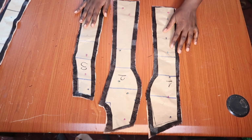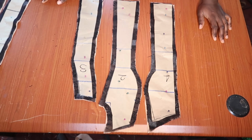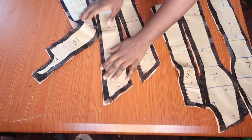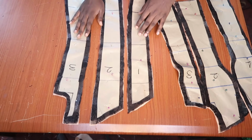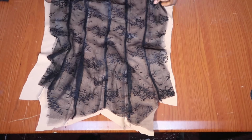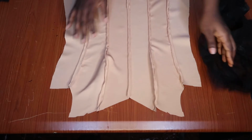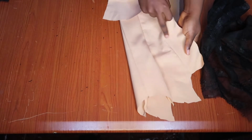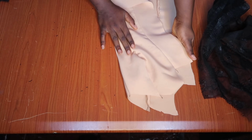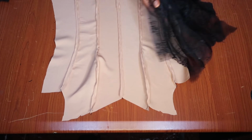Moving on, right here I already cut on my fabric using my pattern pieces, right? So this is what the front pattern piece is looking like, and this is what the back pattern piece is looking like. Next, I already joined my front pattern pieces together because I'm using a net fabric and the crepe fabric. So you can see I cut with ½ inch, so that is what we had. I also later went ahead to trim off the ½ inch a little bit to make it a little smaller,